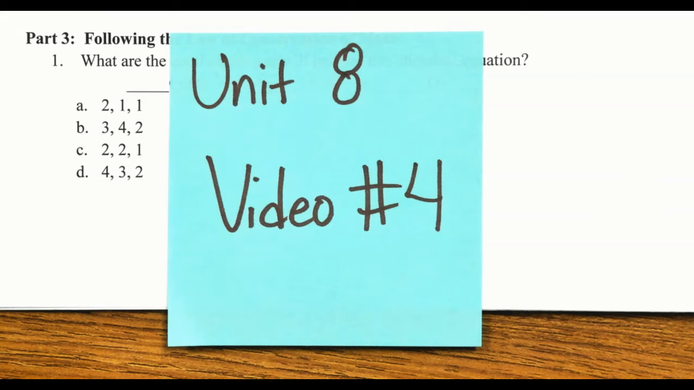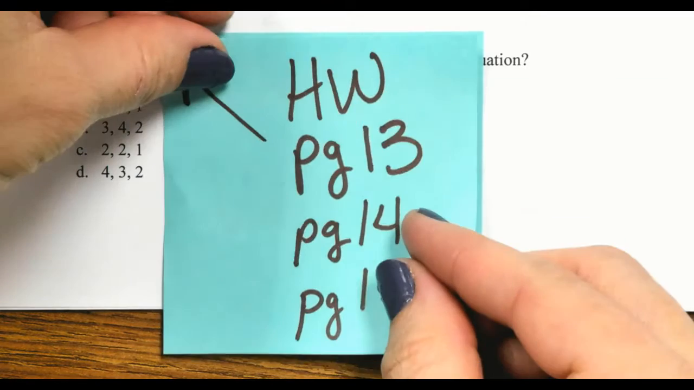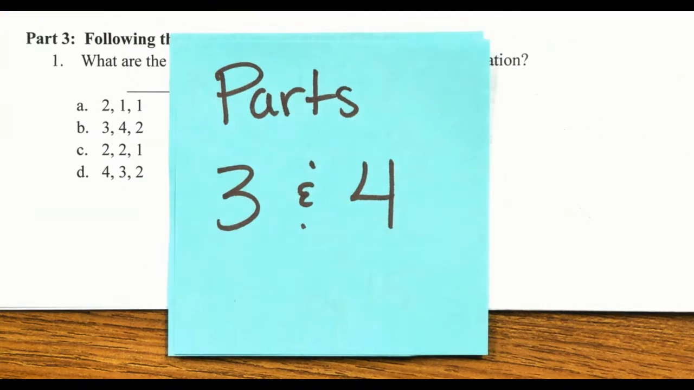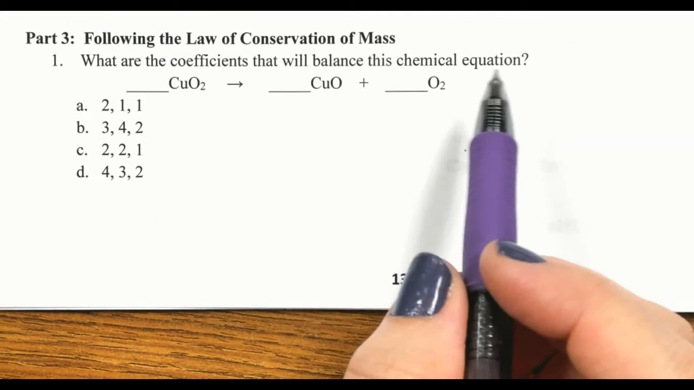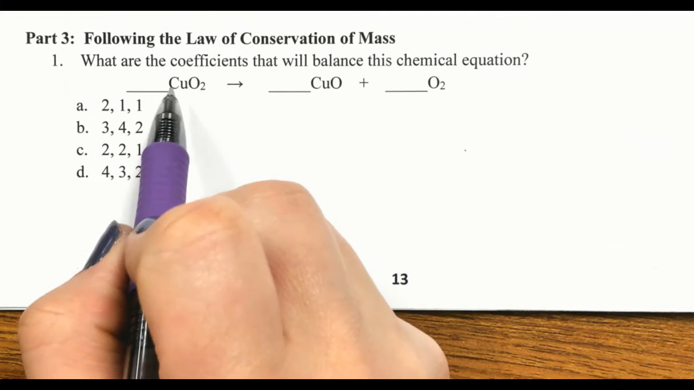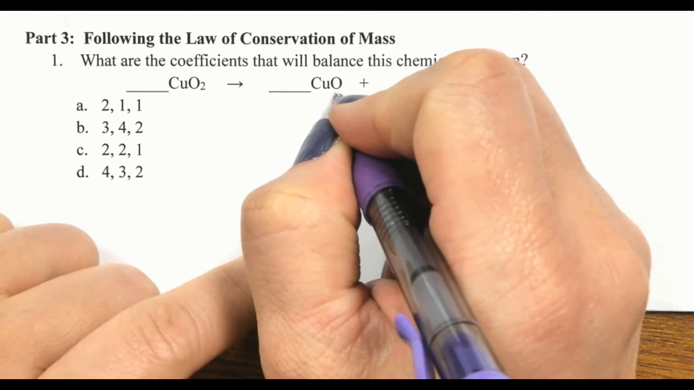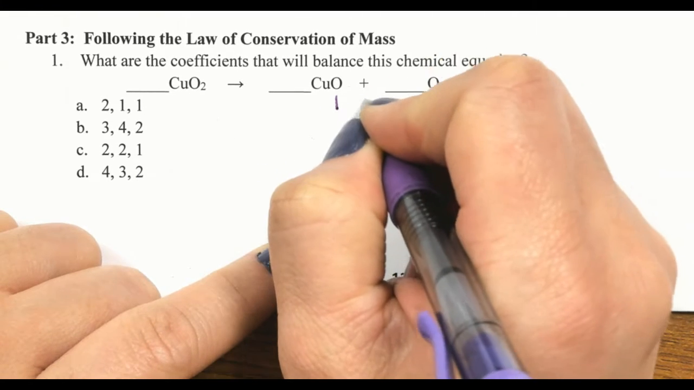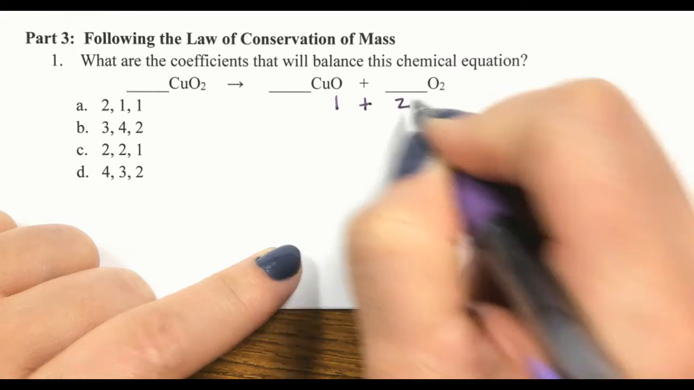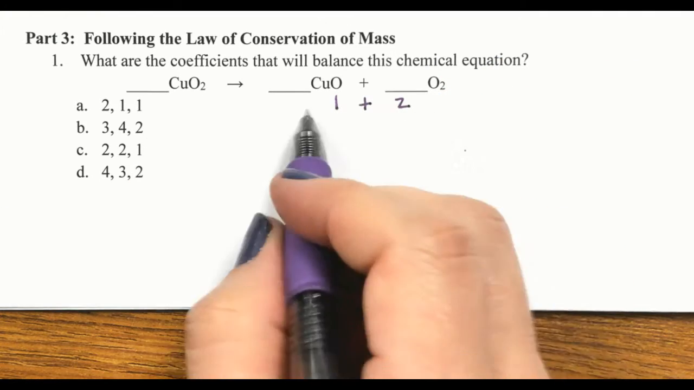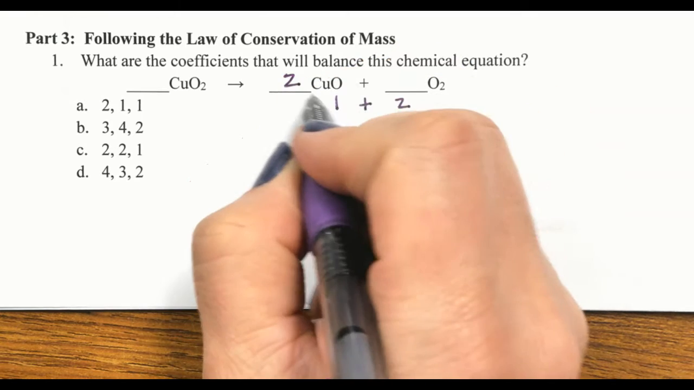Unit 8, Video 4, and this is going to be the homework, pages 13, 14, and 15, parts 3 and 4. Coefficients that will balance this chemical equation. We have 1 copper, 2 oxygen, but over here we have 1 oxygen plus 2 oxygen, which makes 3 versus 2 over here. So to fix it, I'm going to put a 2 there, which is now going to give